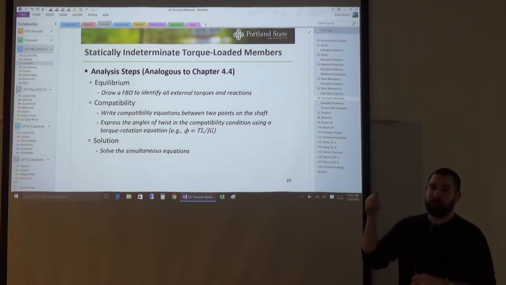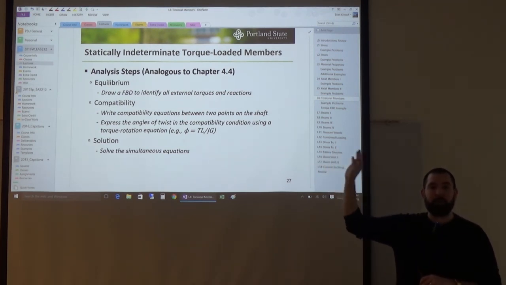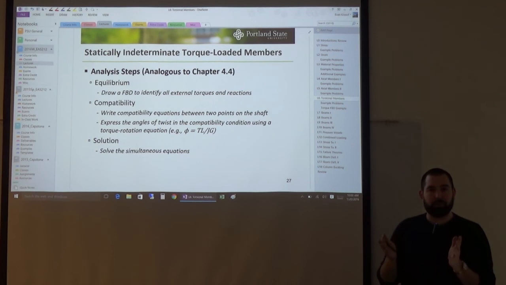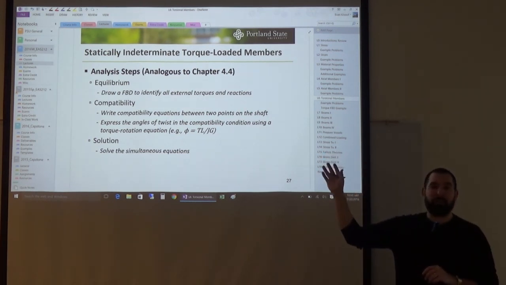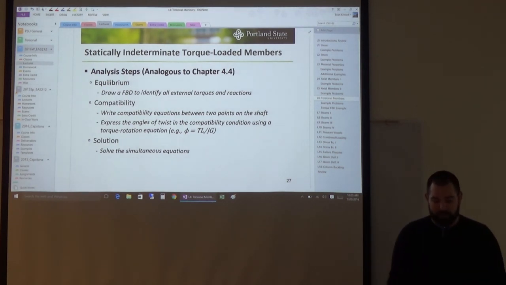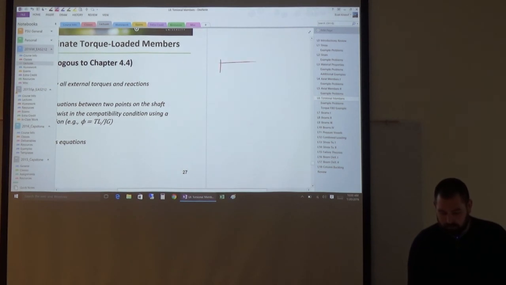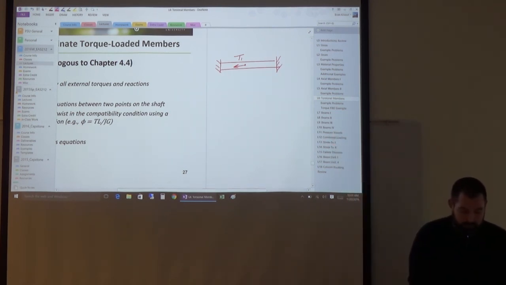You can choose to do the stiffness and displacement method, where you do equilibrium first. You find out you don't have enough equations to solve for all the internal torques or the reaction torques. Then you use compatibility to say something about the relative angle of twist of the two different members. So if you had, let's say, a shaft like this, it's fixed on one side, fixed on the other, and we had some externally applied torque, let's just call it T sub 1, applied somewhere in between the two supports, you know that if this first